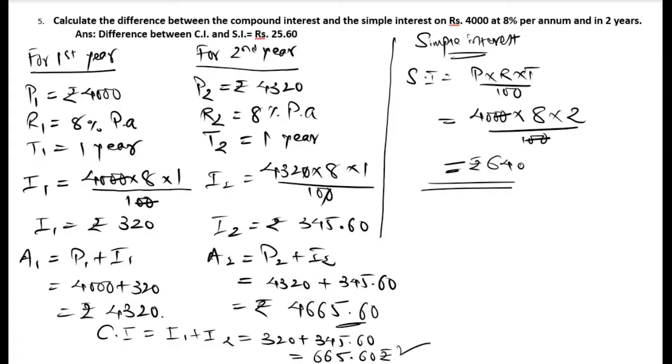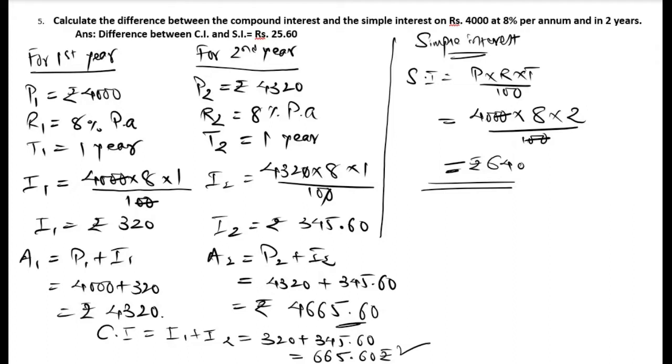They have asked us to find the difference between simple interest and compound interest. Here I want all of you to pay attention to one part. For the same principal, at the same rate, and for the same time period, which is more? Please listen to my question very carefully. Which is more, compound interest or simple interest? Of course, compound interest. Compound interest is always more than simple interest. So that is the first thing which we learned.